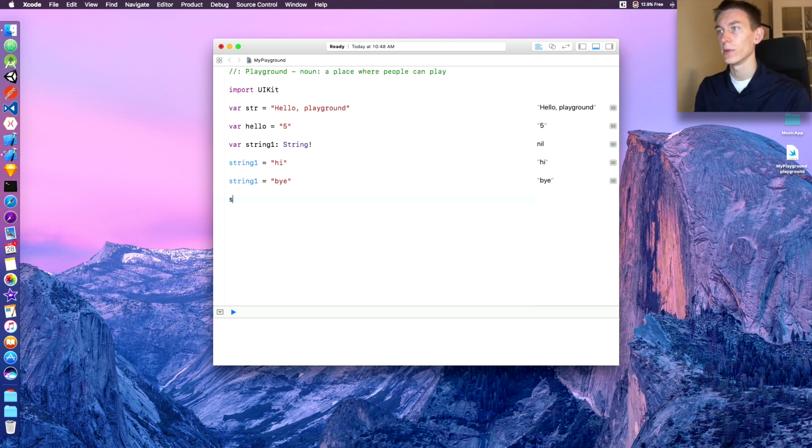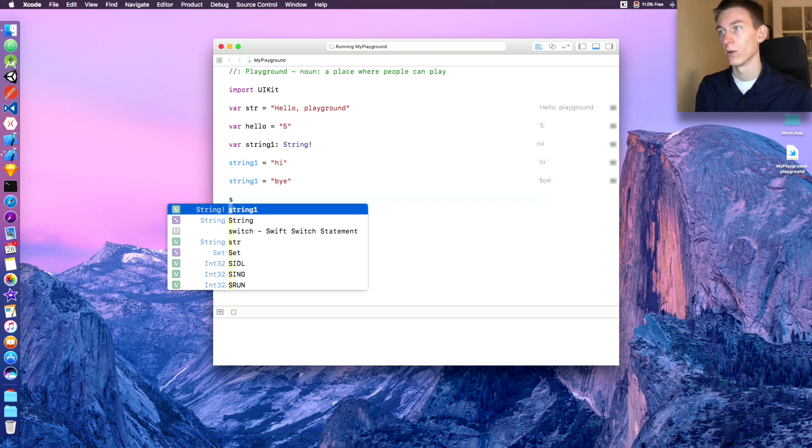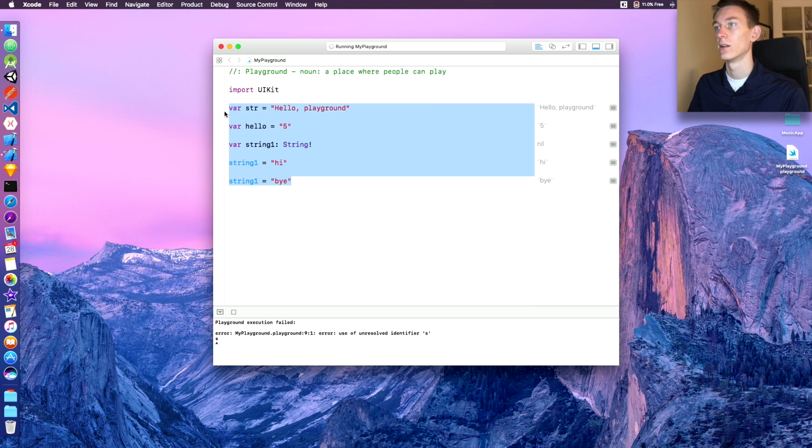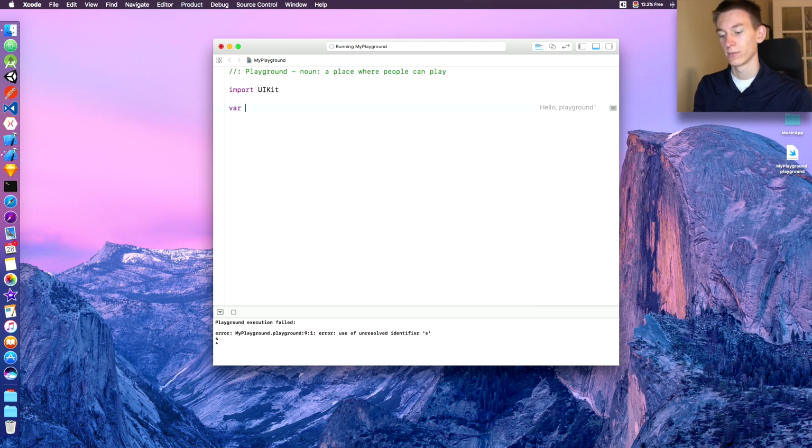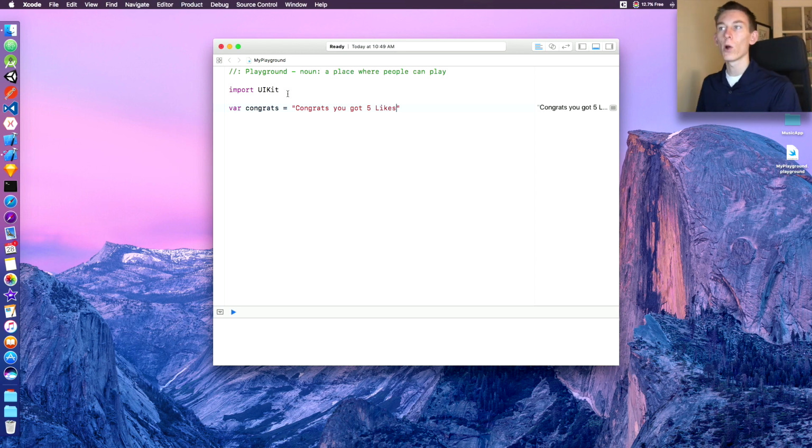Okay, so our string is going to be, or we're going to initialize it. Let's delete this code. We're going to say var congratulations, and that's going to equal "congrats, you got 5 likes." Well, this may work in this one instance, right? Congratulations, you got 5 likes. But we don't want to change the whole entire string every time. And if we're getting passed in an integer, for instance, it's going to be kind of hard to create this